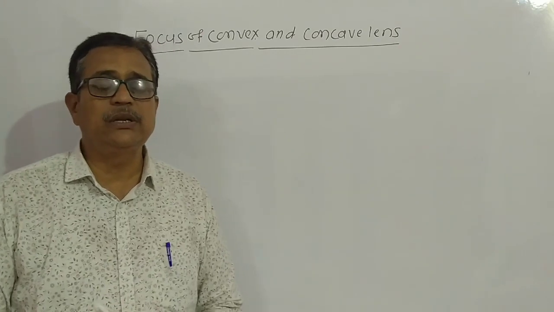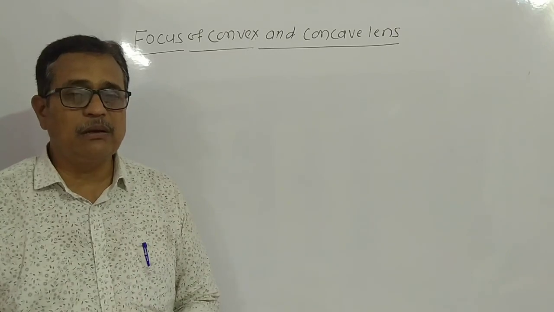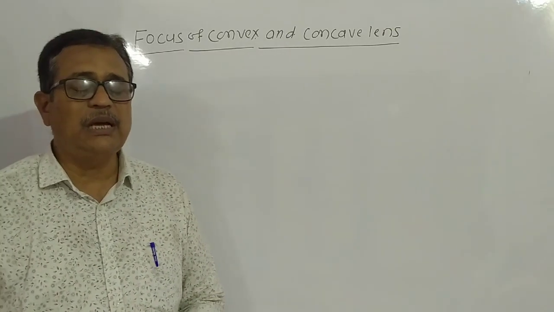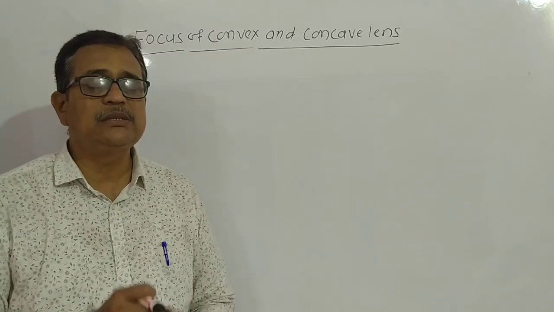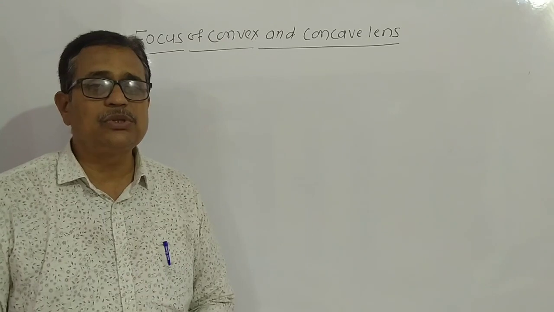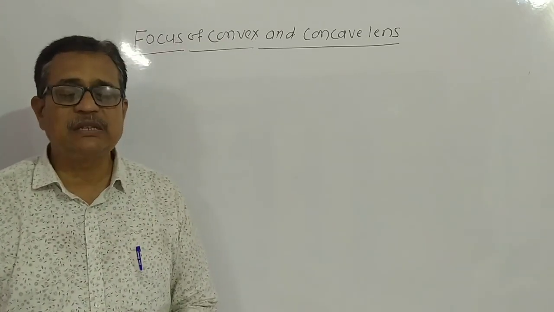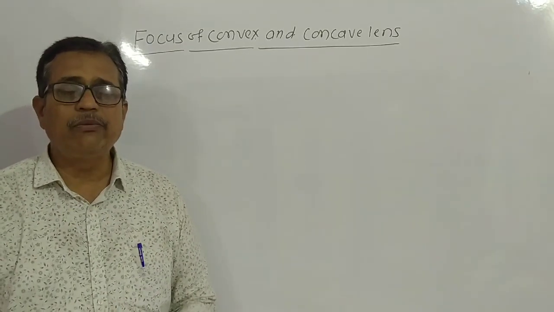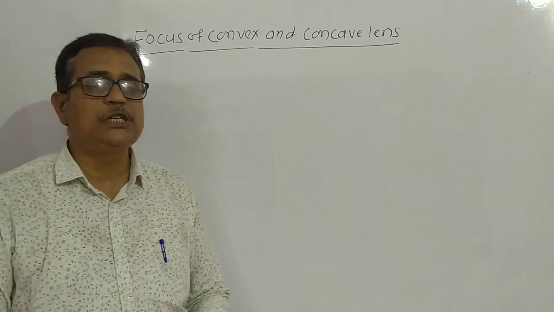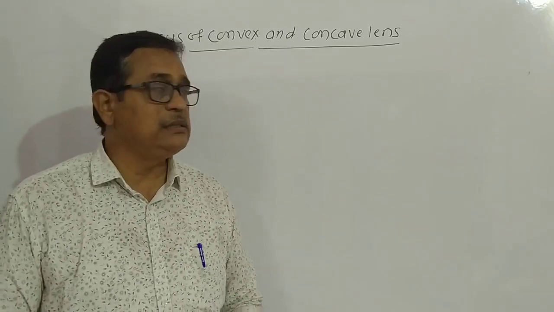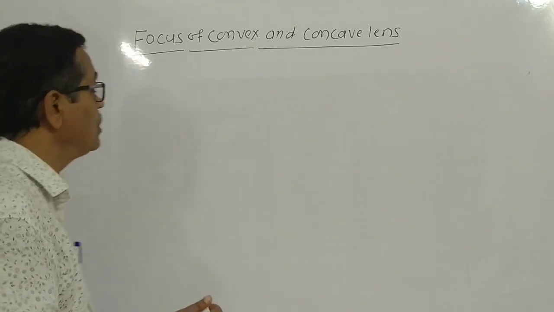Dear student, it is necessary to know which lens is convergent and what is meant by convergence of light, and which lens is diverging and what is meant by divergence of light, because this topic is essential and very important to study the defects in the human eye, because we use spectacles of convex lens and concave lens. Why or when do we use spectacles of convex lens and when do we use spectacles of concave lens? Hence it is necessary to know the focus of convex lens and focus of concave lens.